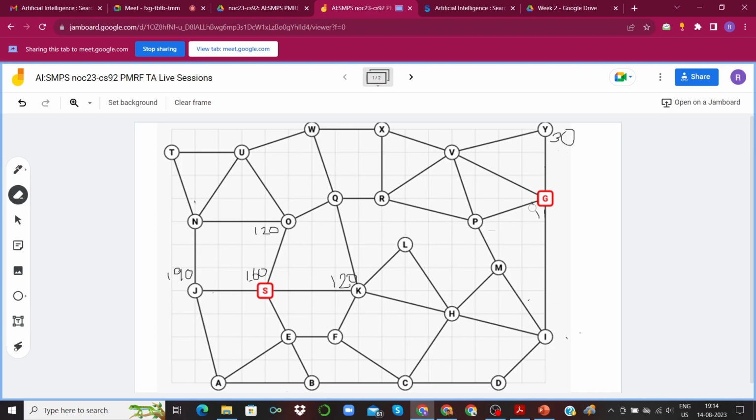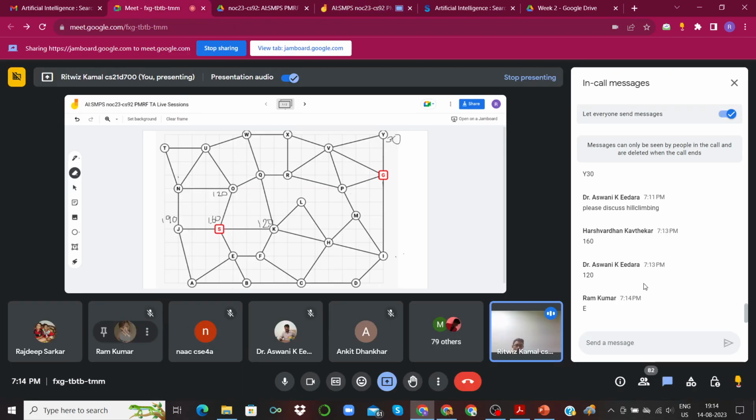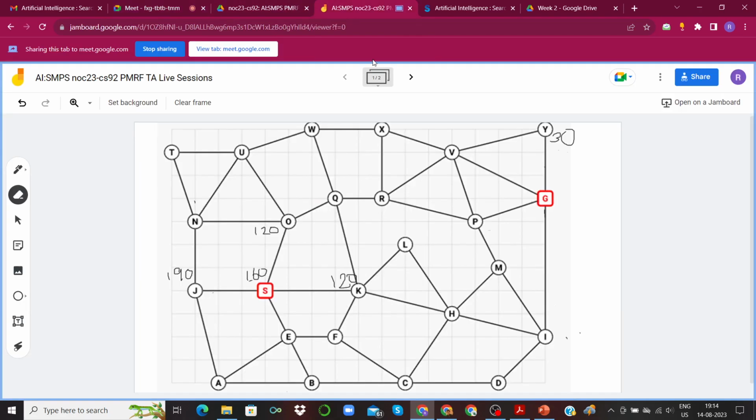Can you just verify whether my calculation was correct and whether you're also getting the same values? We are left with E, right? Yeah, thanks for pointing that out. We'll calculate E also. So for E, it would be 1, 2, 3, 4, 170. Okay, thanks for that. That saves us a lot of time.